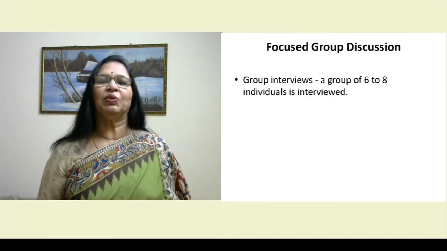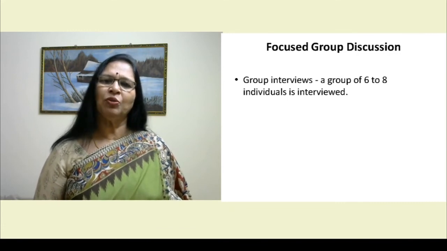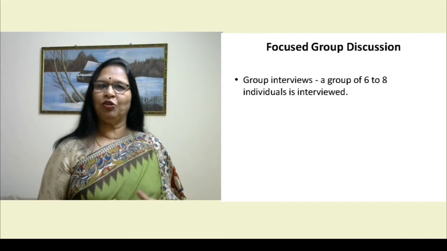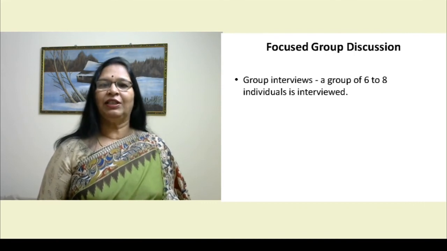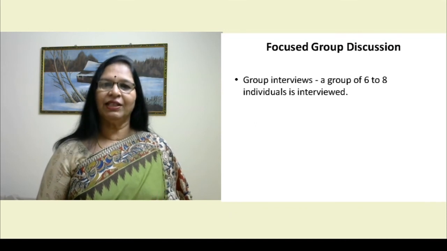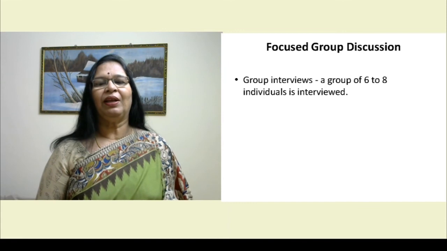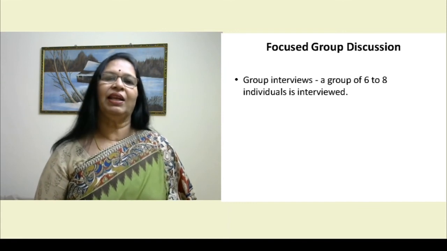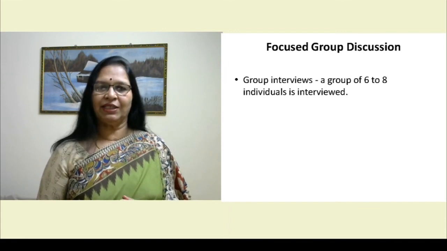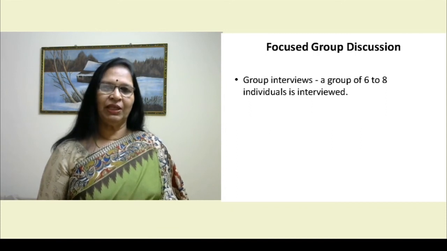The other method, of course, is the focus group discussion. Focus group discussion is when we have a select group of people who are brought in for the discussion, and we could talk to them in an elaborate manner on areas that we are interested in, and then we get the insights from them. So my understanding is that we need to be sensitive to people whom we talk to, and also gender-wise, we need to